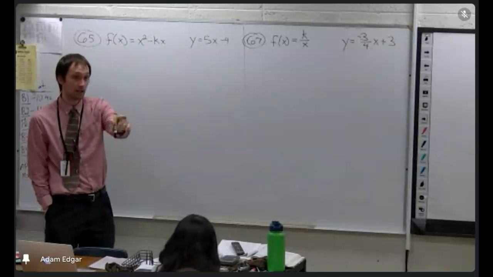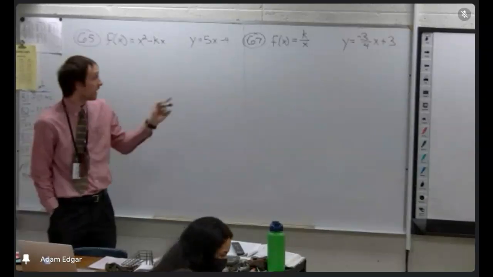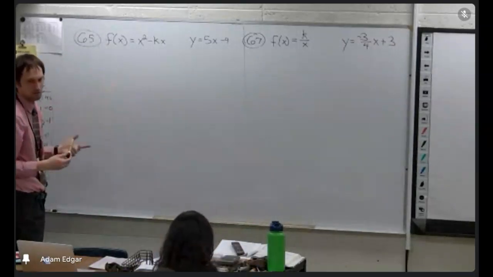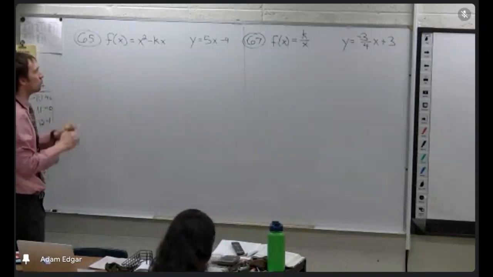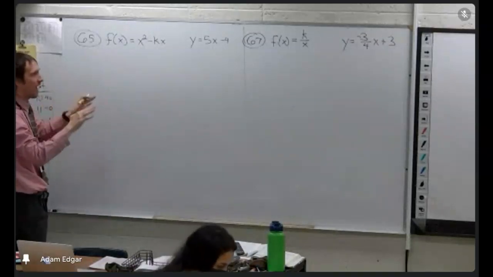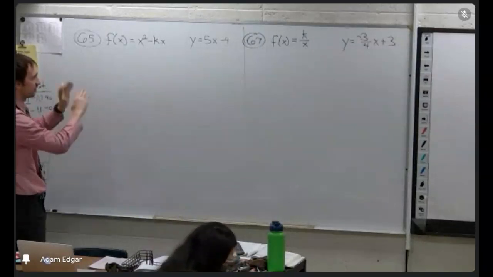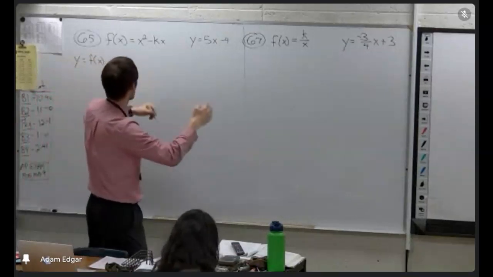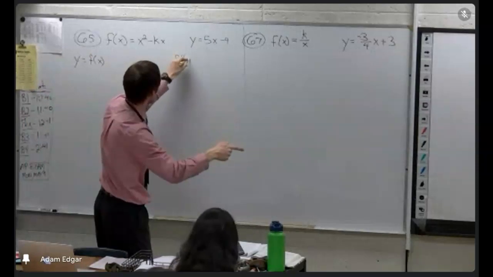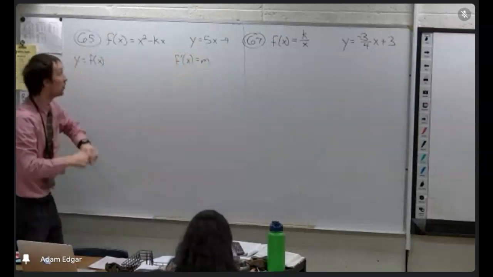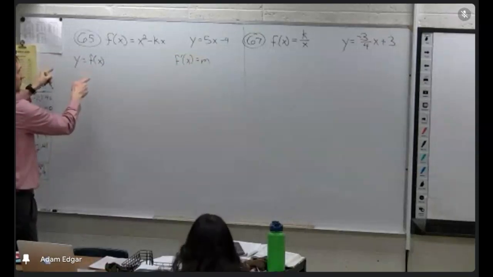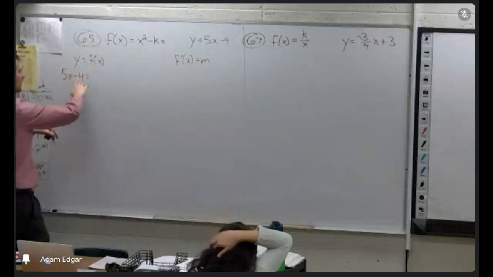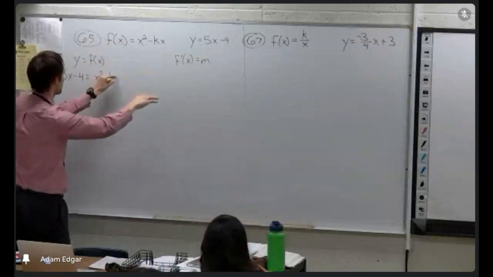Any questions? Yeah, right now, actually. So, these K problems, they're tough. What are the two main facts we need to keep in mind as we do these nasty old K problems? y equals f of x equals y, and? Yeah, derivatives equal slopes. So, y equals f of x. We have something about y, it's 5x minus 4, and we have something about f of x, it's x squared minus kx. And then you look at that and you say,